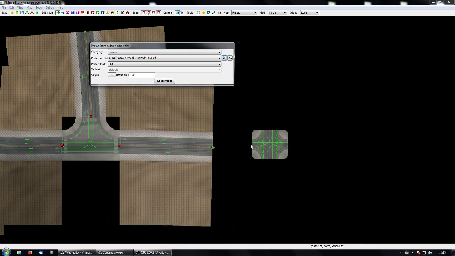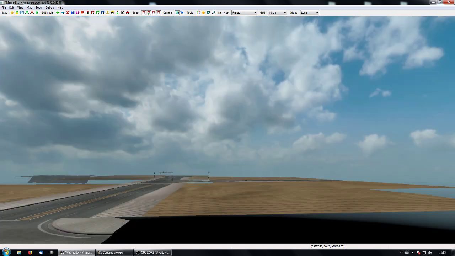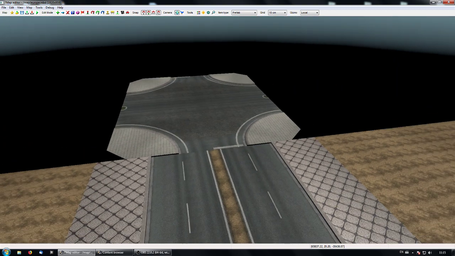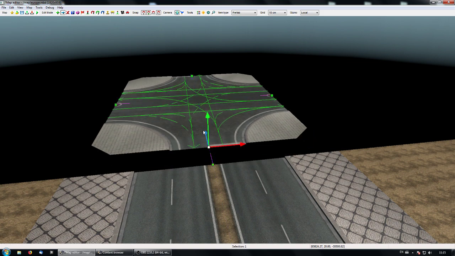For example, this one, if I place it like here, like that, it's gonna look strange and bad. Shift, move, rotate,